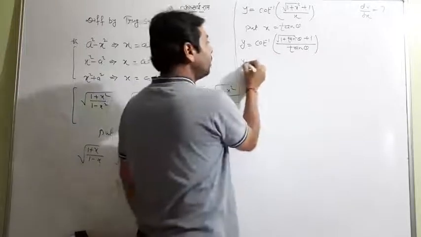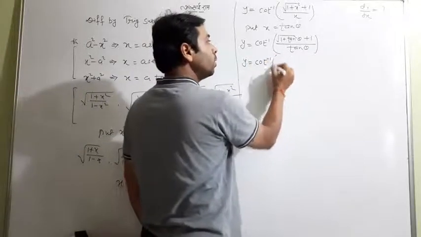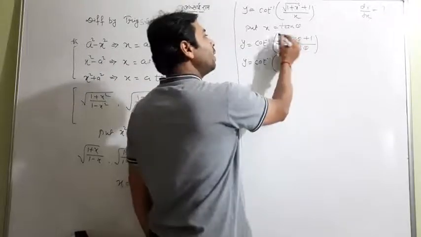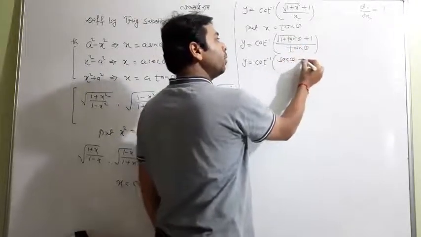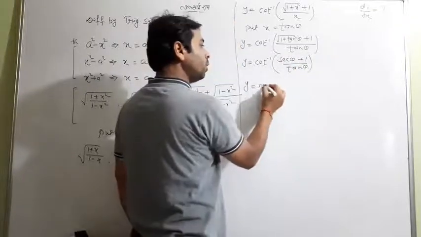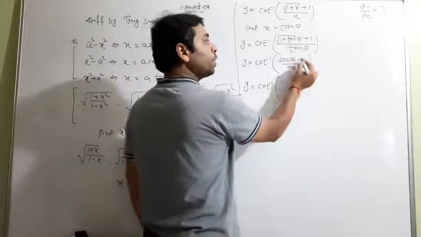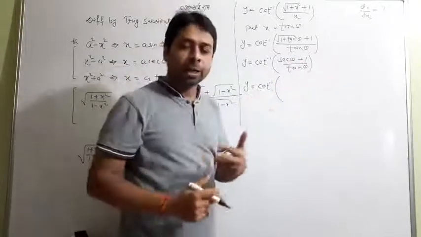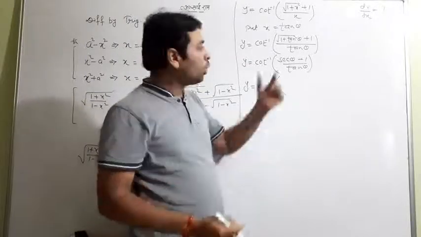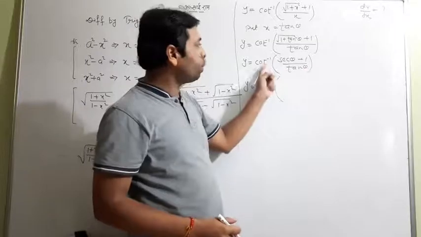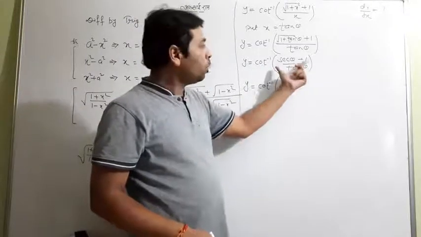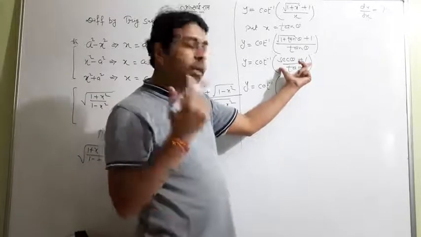Now go with next, cot inverse of 1 plus tan square theta, which is equal to sec square theta. When sec square theta comes out from the under root sign, it will be sec theta plus 1 upon tan theta. Next is y equal to cot inverse of sec theta plus 1 upon tan theta. We will simplify that. What is our main purpose to substitute the value? Our main purpose is to create such a term which should be equal to cot and which should be equal to tan, so that these two terms cancel. It must be a term in tan or cot.